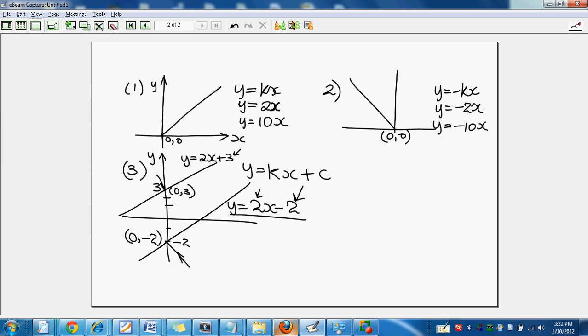It will be here. So the y-intercept coordinates will be 0, minus 2. And the y-intercept coordinates for the first line, which is y equal to 2x plus 3, will be 0, 3. Okay? So from the structure of the line itself, you